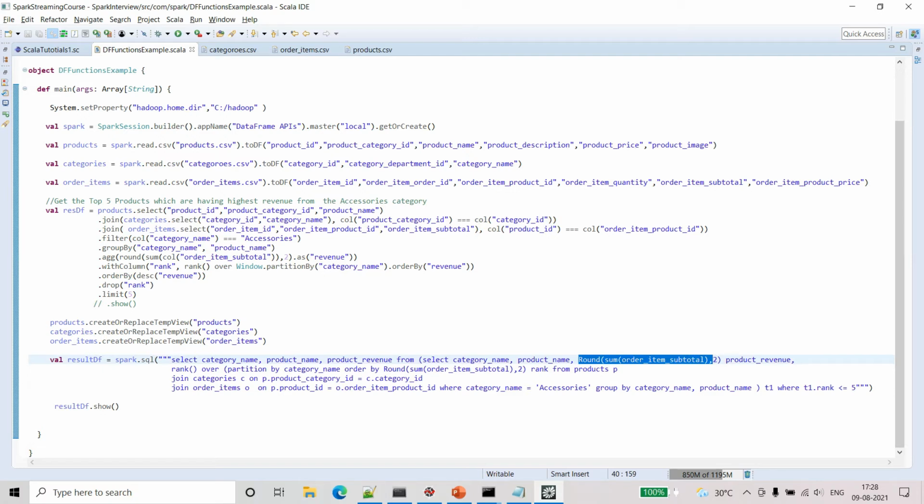Then for the rank over, and then this partition by spelling also I'm checking. We have to check everything because inside these quotes it will not give a compilation error. Round of sum of order items from products P, join categories C on.